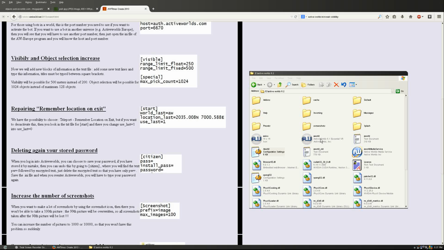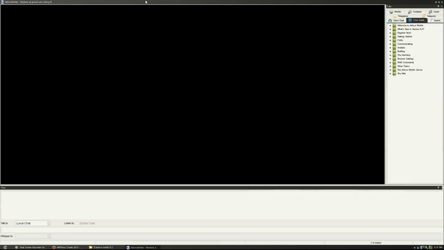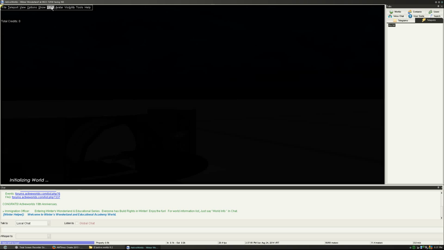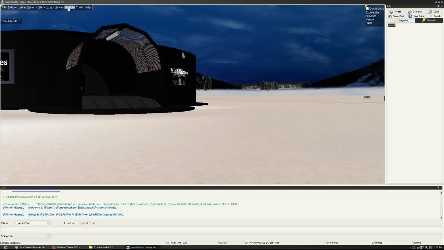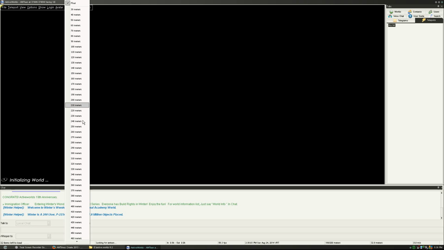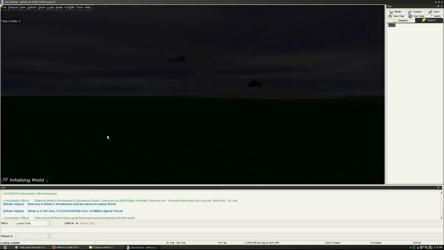Let's see what's happened to ActiveWorlds now. So let's double click ActiveWorlds again. There you go. And let's go to the teleports. Yeah, my lot. Very good. Let's see what the visibility range is now. No, I don't want to go to Max Molly's World. Let's click on that. And there you go. So now all of a sudden we can go all the way up to 500 meters,